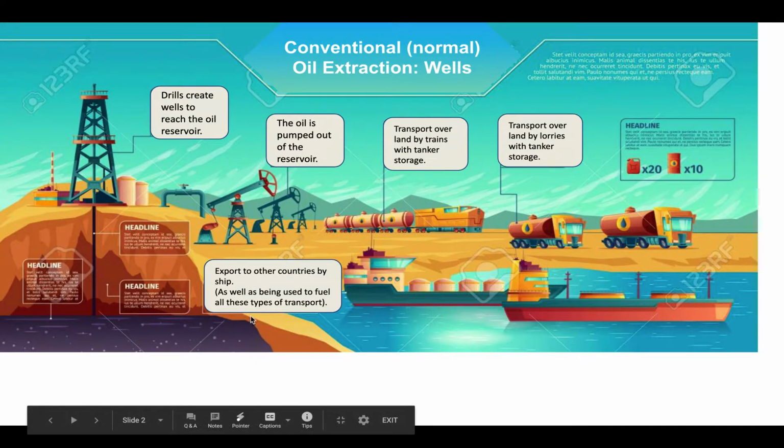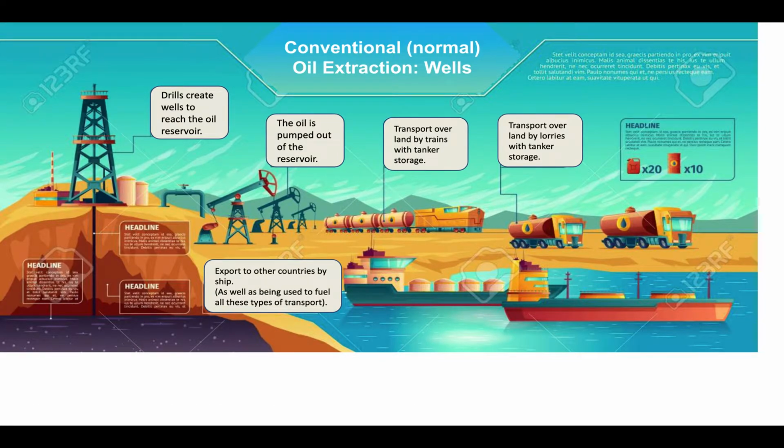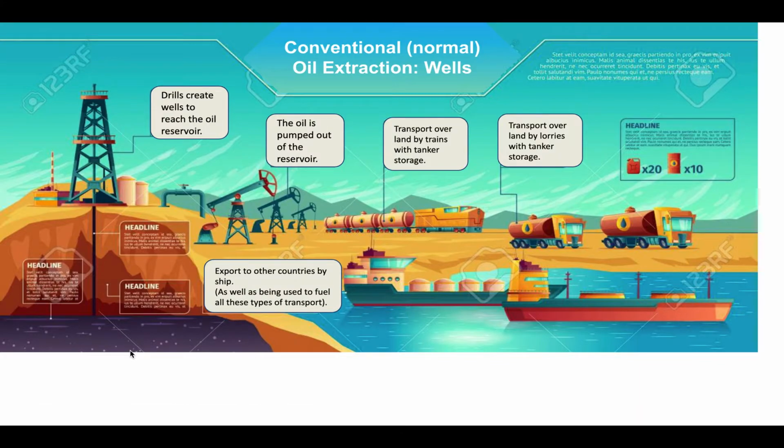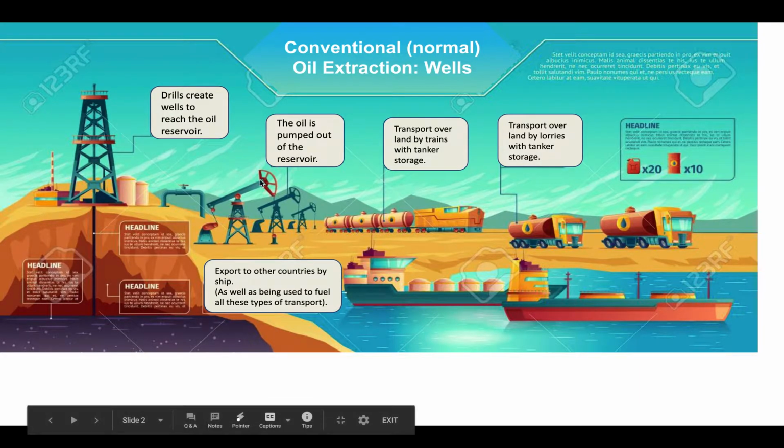And that reservoir of oil was formed hundreds of millions of years ago. So once it's empty, it will be gone. But it's effectively like a little pocket of oil in the Earth's crust. And we suck it out through the straw, we pump it out using these lovely machines, and then we are